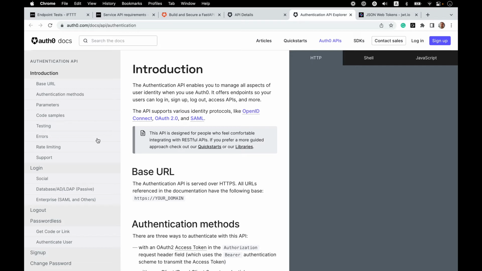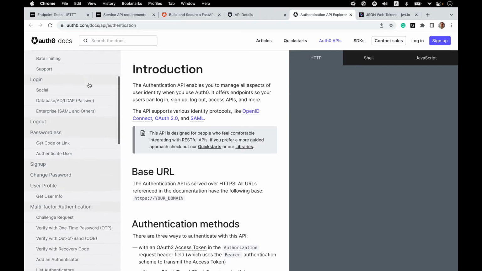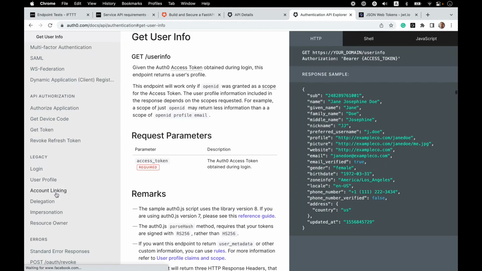If we look at the API docs for the Authentication API section, and under the user profile, we got the getUserInfo method. The path to it is our Auth0 API domain /userinfo. And we need to send the access token. In response, we get the information such as the ID, that is the sub attribute here. This stands for the user ID in Auth0, and a bunch of other things that we will not be using